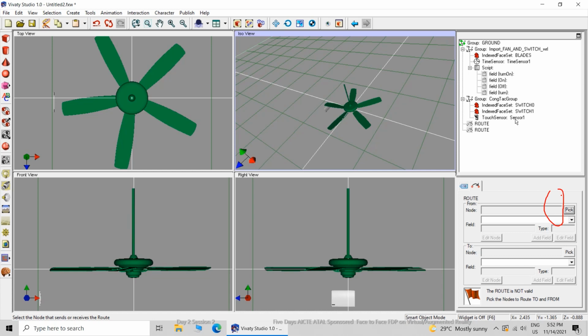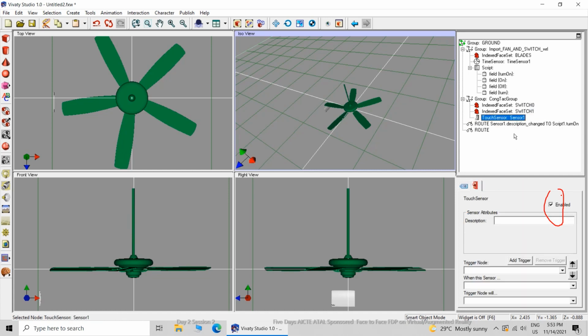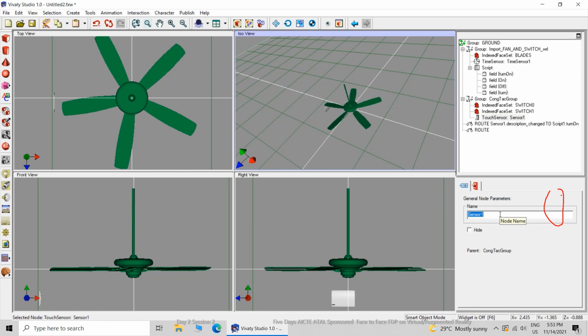The first route will be from the touch sensor to the script. If you want to give a particular name to this route, you can.